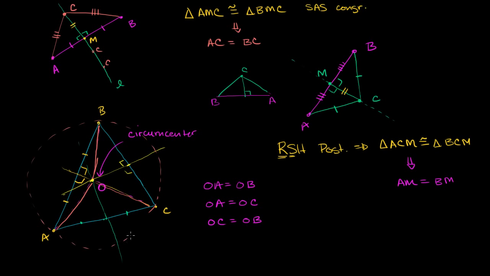And so what we've constructed right here is, one, we've shown that we can construct something like this, but we call this thing a circumcircle. And this distance right here, we call it the circumradius. And once again, we know we can construct it because there is a point here, and it is centered at O. And this circle, because it goes through all of the vertices of our triangle, we say that it is